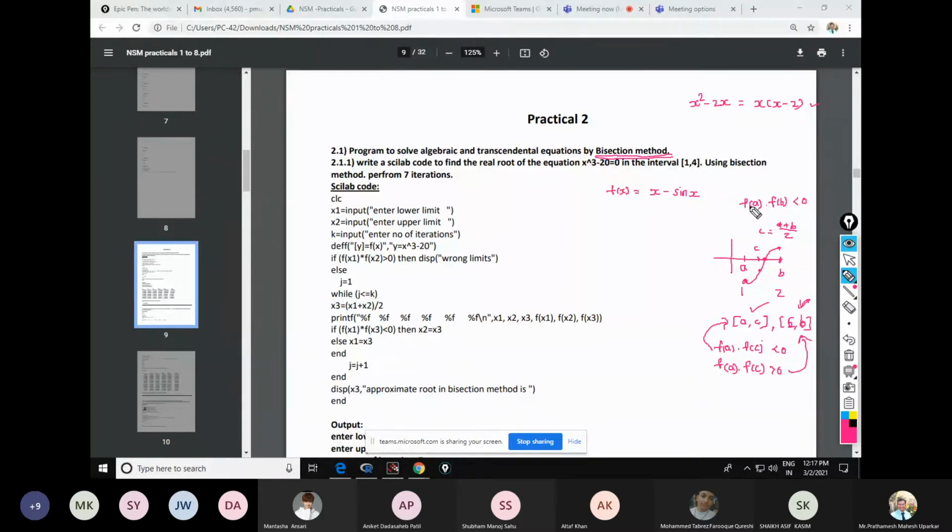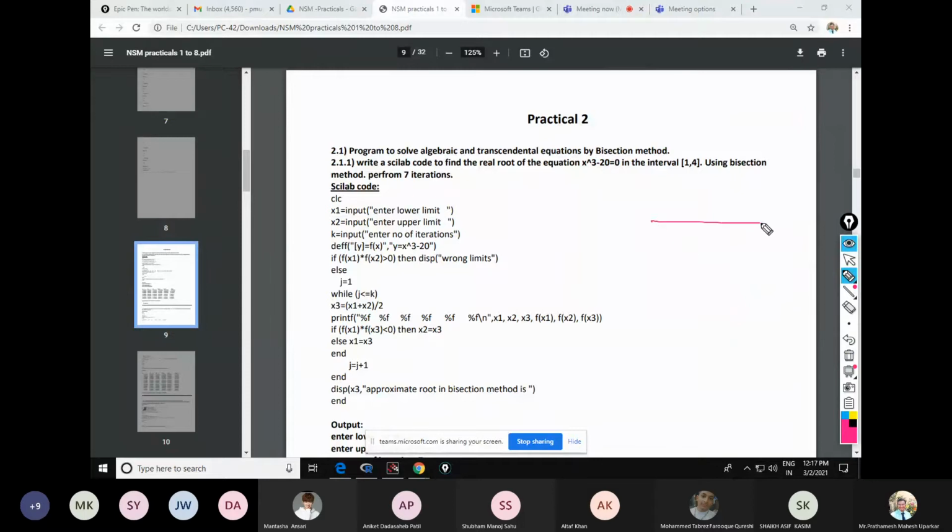Every time I want the starting point value and end point value to have different signs. So are you getting this equation? Yes, students. I want this condition to be satisfied, that is f of A into f of B is less than 0. So let me explain this more generally. This is my A, this is my C, and this is my B. I have a function behaving like this. Now, can you see where I will find the intervals? Which interval should I take from this graph?